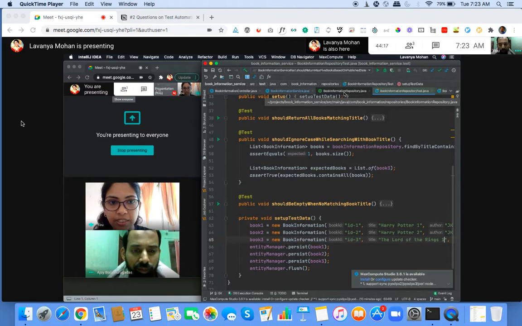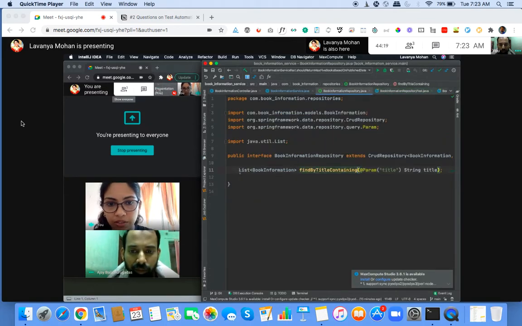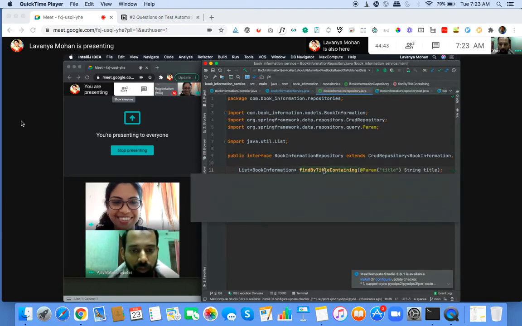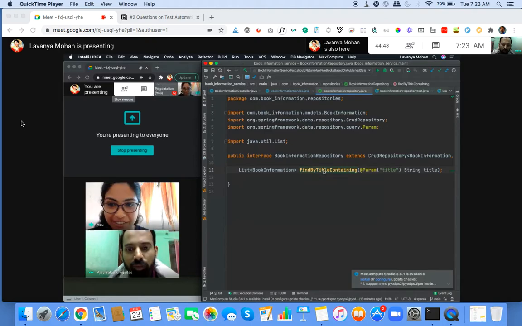You could add it here, but again, that scope will really depend on a couple of factors. Since this is internally the Spring Framework, we probably already know what it does, so we might not necessarily need to test it. But if we were writing some custom logic ourselves, then we would want to add a test for it. And how will you know what this does? Because you don't see the code. Right, you're right. We probably depend on documentation, but if we are unsure, then writing a test is a good thing.